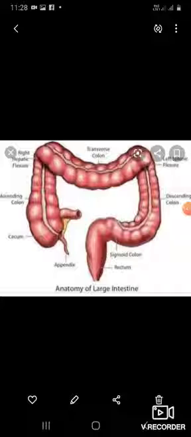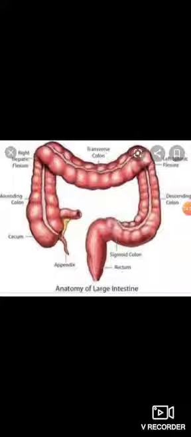Now we will see its types. There are types of the cecum. The cecum and appendix develop from the cecal bud arising from the post-arterial segment of the midgut loop. The proximal part of the bud dilates to form the cecum. The distal part remains narrow to form appendix. Thus, initially the appendix arises from the apex of the cecum. However, due to rapid growth of the lateral wall of the cecum, the attachment of the appendix shifts medially.